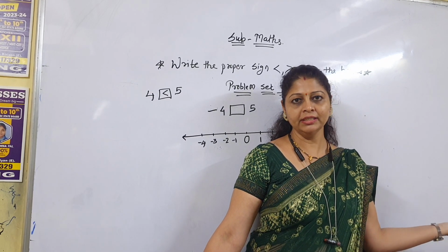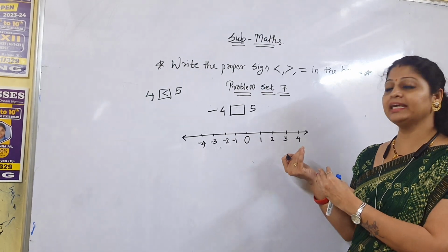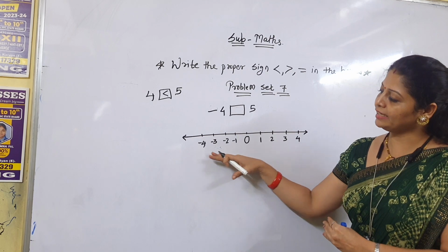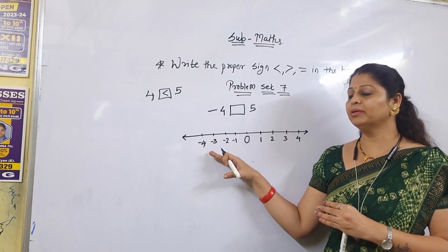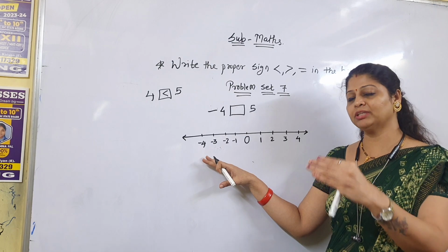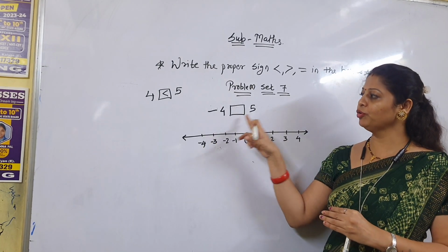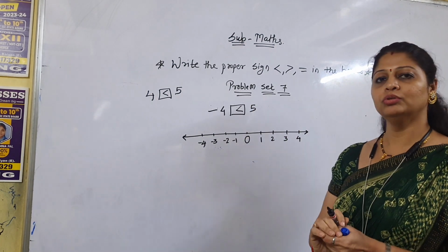And whatever numbers we see on the right side are always bigger. Got it? जैसे जैसे हम लोग राइट साइड में जाते हैं तो वैसे वैसे एक एक नंबर बढ़ते जाता है, मीन्स इंक्रीजिंग वे, और जैसे जैसे एक एक हम लोग राइट हैंड साइड में जाते हैं निगेटिव वे में, तो एक एक नंबर क्या होता है, कम कम होते जाता है, मतलब उसका वैल्यू जो है वो कम हो जाता है. So -4 and 5, which is bigger? 5, because 5 is a positive number.